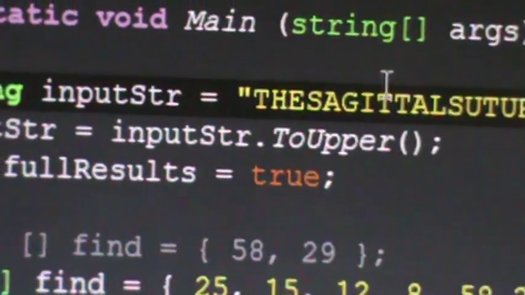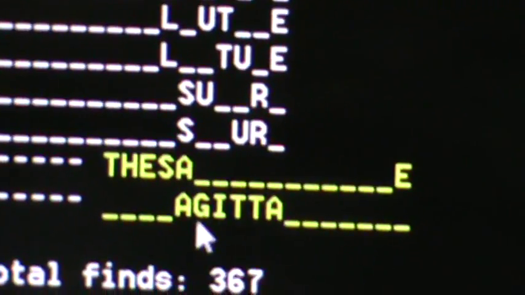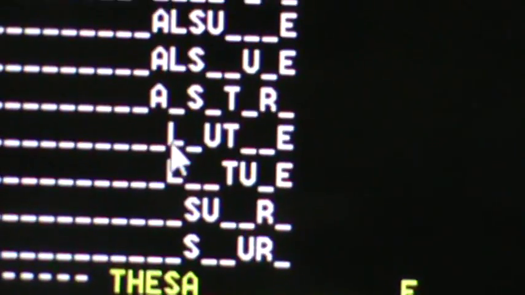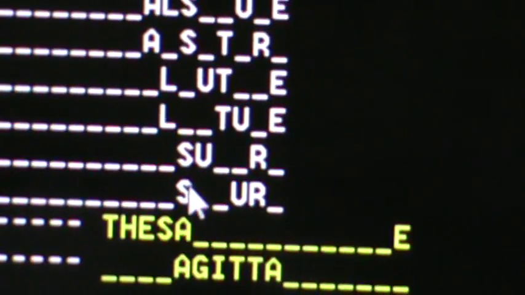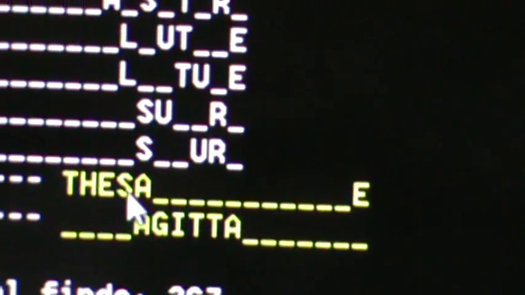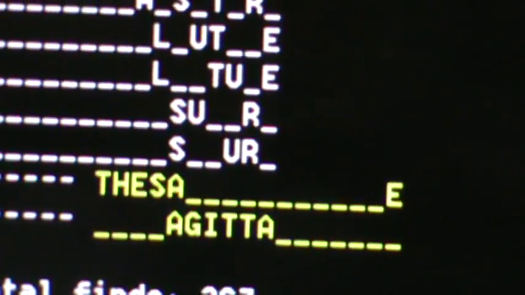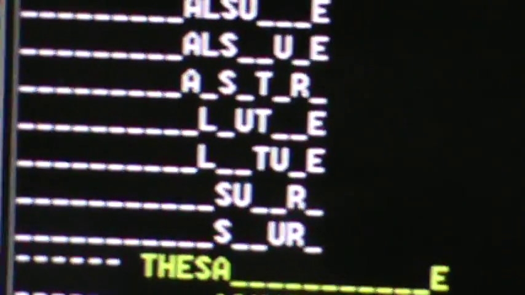Wow. So I put this into the code, and it reveals where the 58s perfectly are, and that's what got me kick-started. So there's your 58 Lute Father, there's your 58 Sur Father, the double Father on the end, here's your Father perfectly, and then I know that that parallels Father perfectly in the sagittal suture. Awesome.